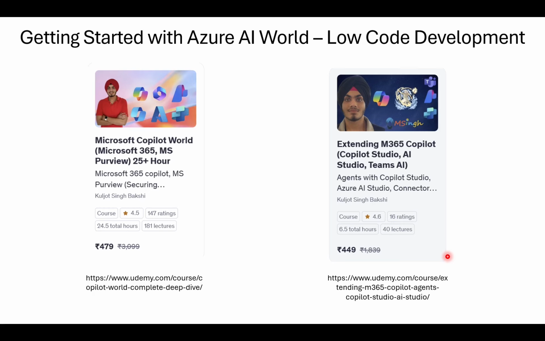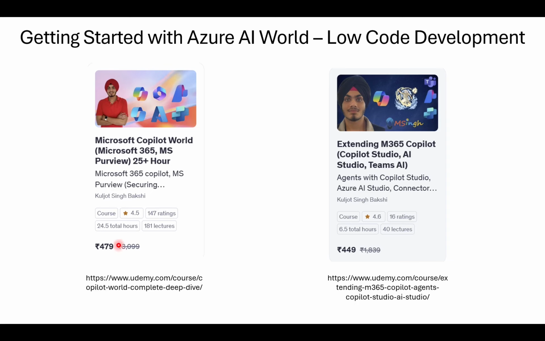Now let's try to see what should you select when. So if you want to get started with Azure AI World, you have two ways to go about these things. First is getting started with the low code environment, and the second one is getting started with the pro code environment. So first of all, if you want to learn about Microsoft Copilot 365 as a service, or you just want to use it in your day-to-day life, you go ahead with this course, Microsoft Copilot World.